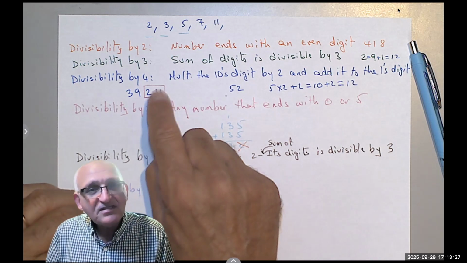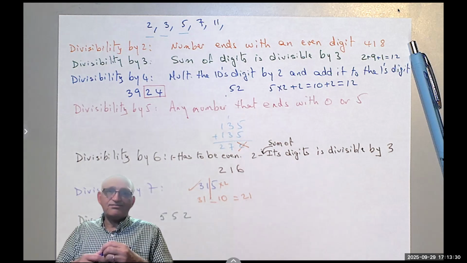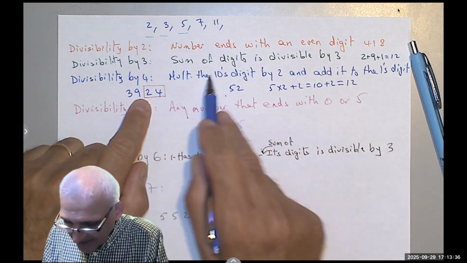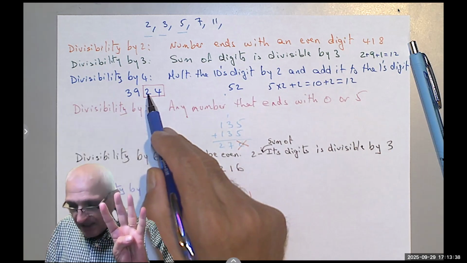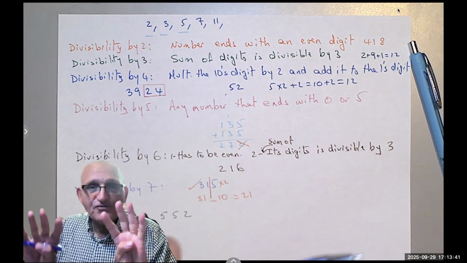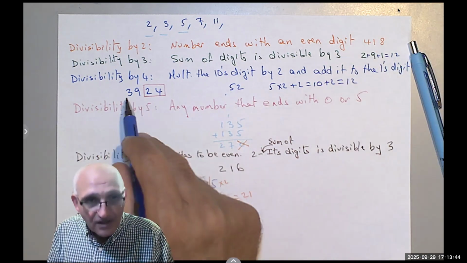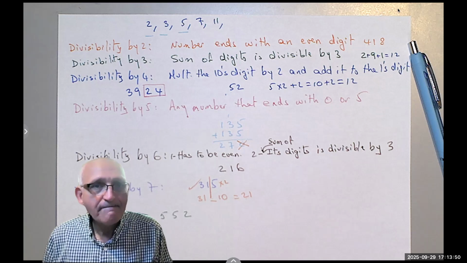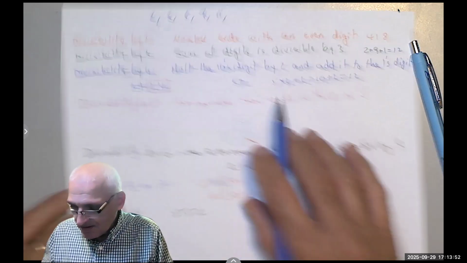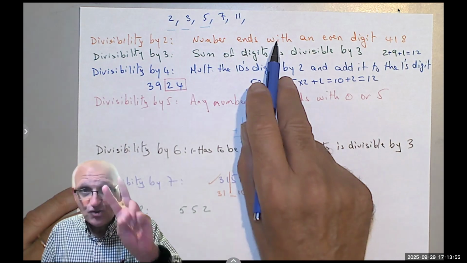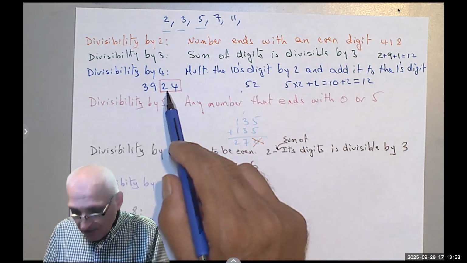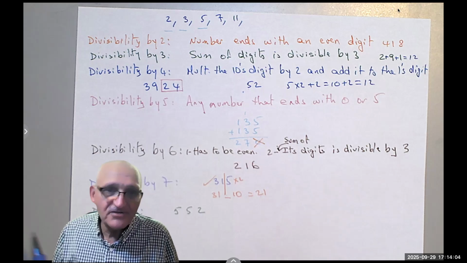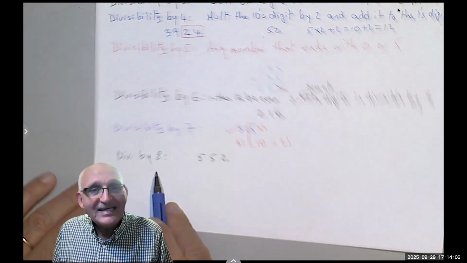But if that number wasn't easy for you, for example, it was like 68 and you're not sure, you take the tens digit. We said multiply the tens digit by 2, it becomes 4, and then you add to it the ones digit. 4 plus 4 is 8. 8 is divisible by 4, so 3,924 is divisible by 4. Okay? So before, for 2, we said check if it's even or not. If it's 4, first you multiply this by 2, you add it, and then you see if the sum is divisible by 4. For divisible by 8,